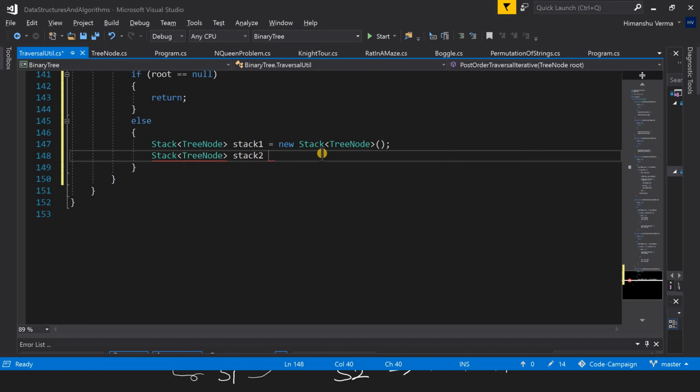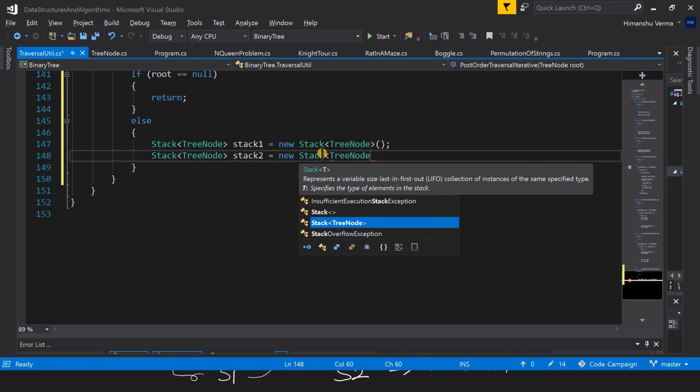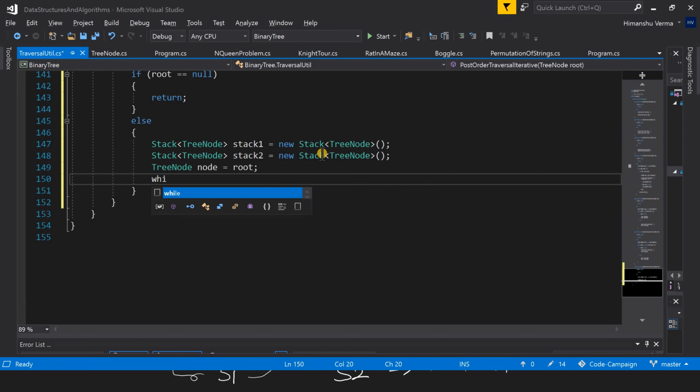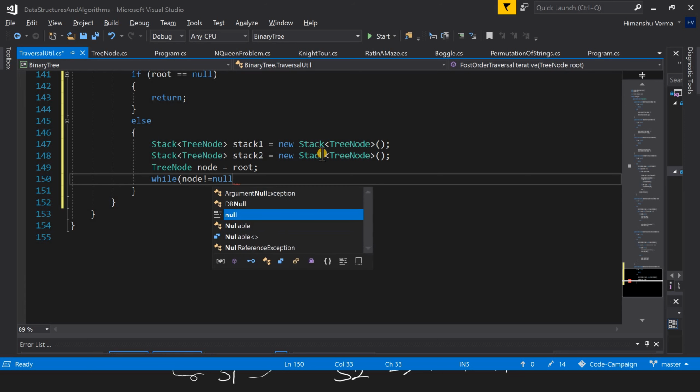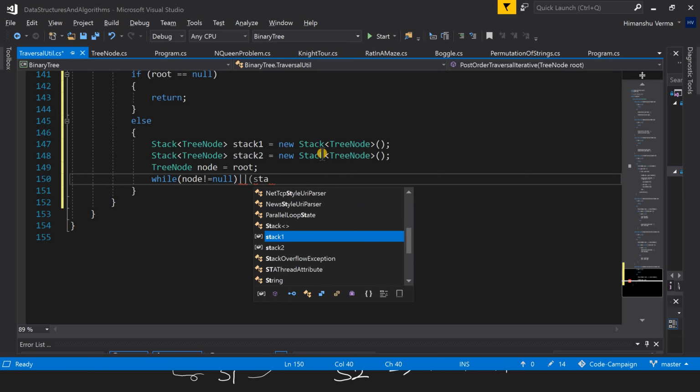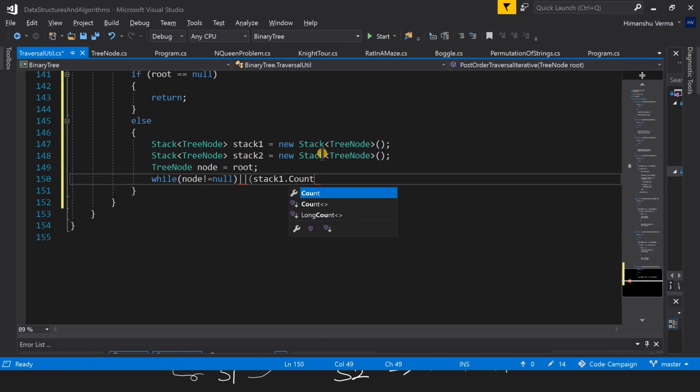The stack will contain the output. Okay, now let's declare one node which will always contain our current node. And first we'll check our node is not equal to null, or the stack 1 in which we are storing our intermediate node is not empty. So in both of these cases, what we'll do,